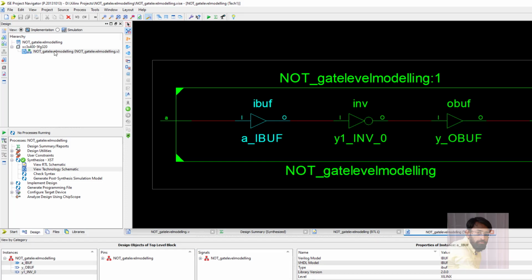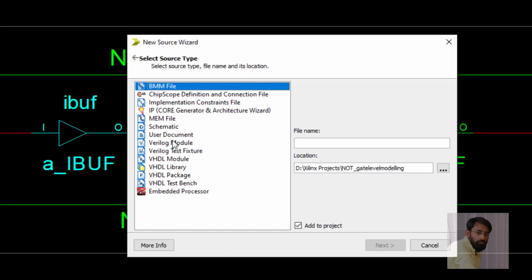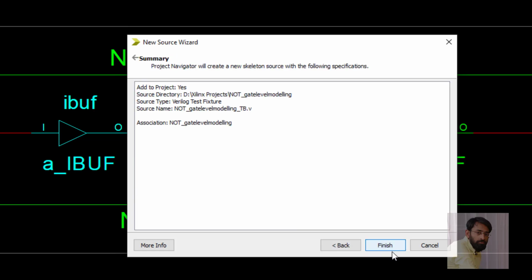Next, let us test whether this is working fine or not. In order to test it, we need to write the test bench. To write the test bench, right click, new source, and choose Verilog test fixture. I'm using the file name as NOT underscore gate level modeling underscore test bench. Next, next, and finish.